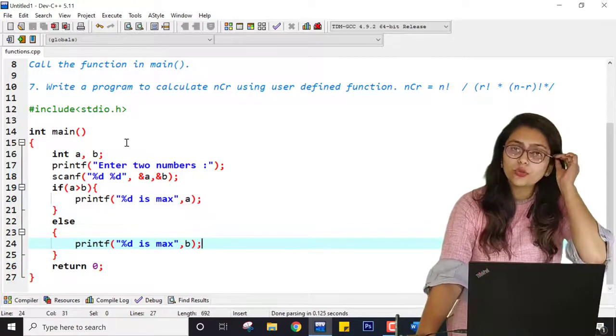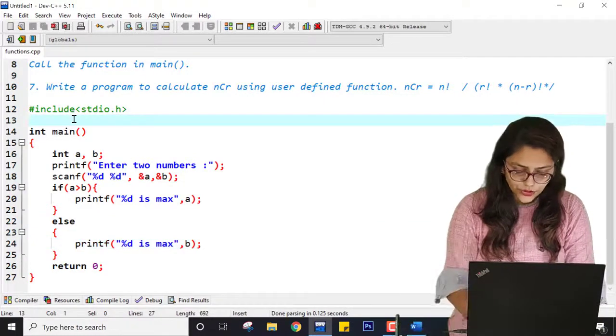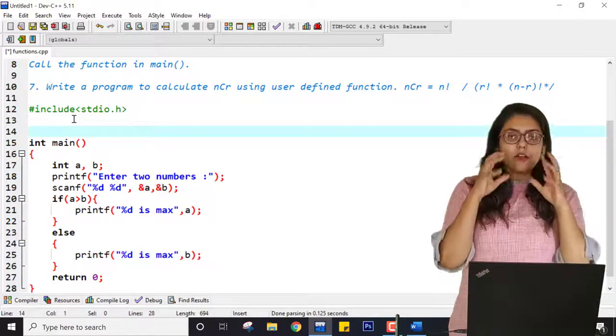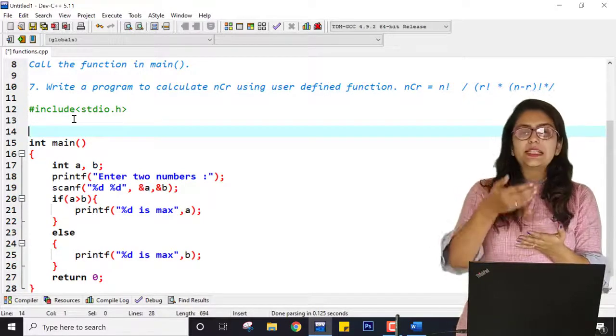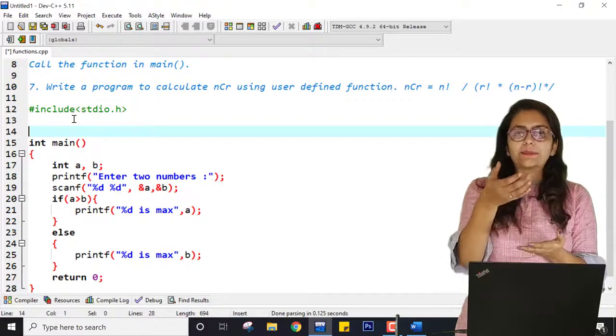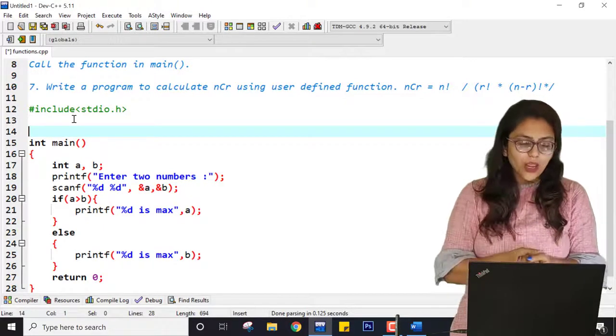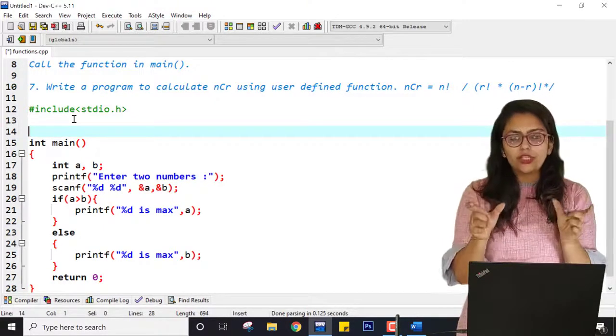Now, suppose I want to write a function. How can I write a function? Whenever I am talking about getting the maximum number, that means from the function I am expecting some kind of integer value, because the maximum of 2 integers will be an integer.